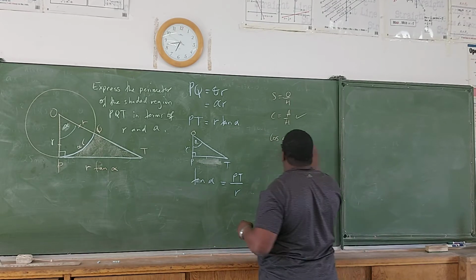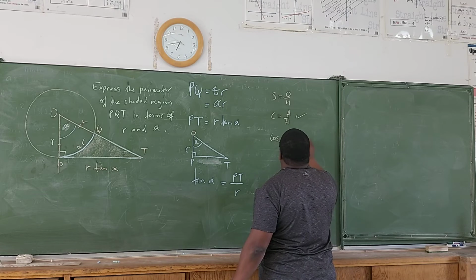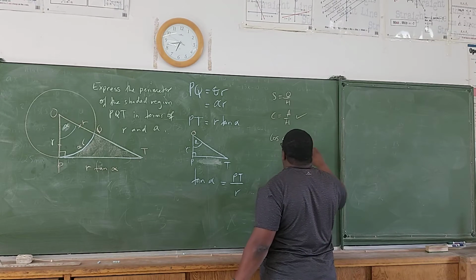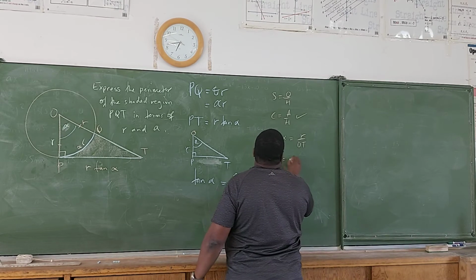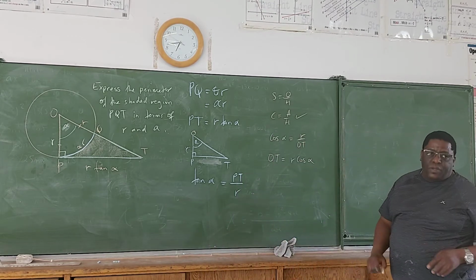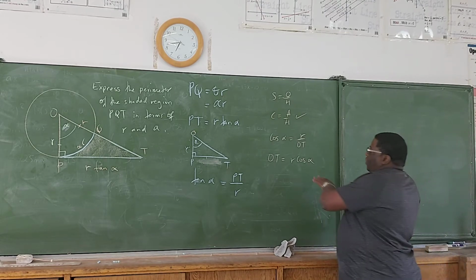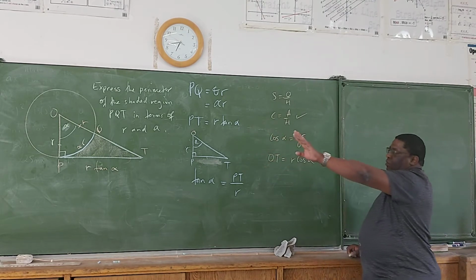Right, what's this? They are sleeping there. R over what? Over OT. Then OT will be R over the cos of alpha. Does that make sense to you? Do you understand that? So if I have my whole OT,